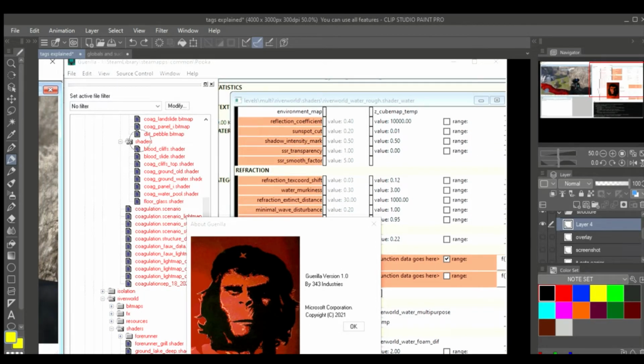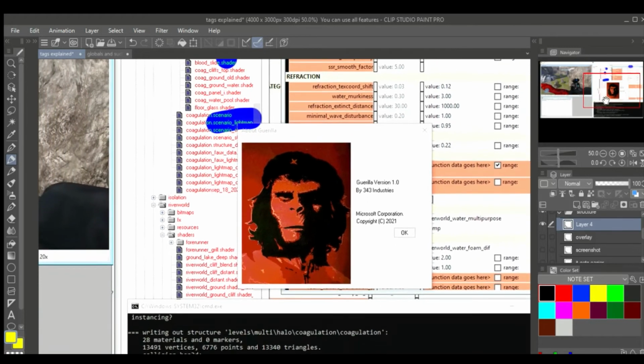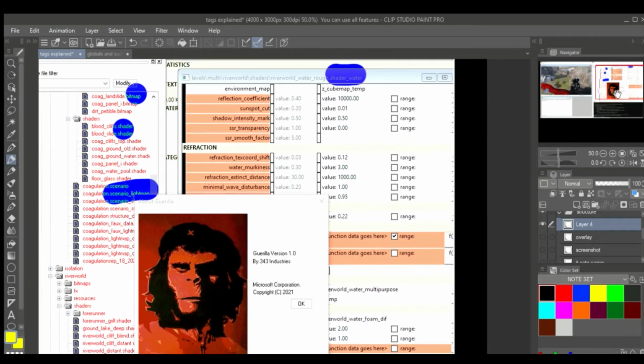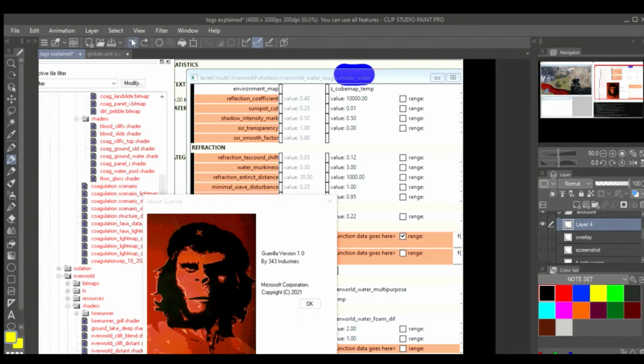Okay, so on the left, you'll see there's a folder and file structure. This is how everything is organized. You can see there are a lot of different windows open here. You have weird file names, bitmaps, shaders, scenarios, scenario light maps, all this kind of stuff. It can look pretty intimidating, but in all honesty, don't worry too much, because the basics of it aren't